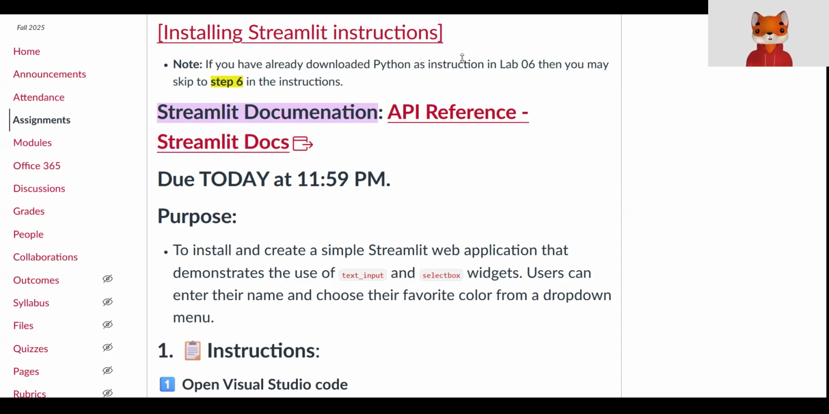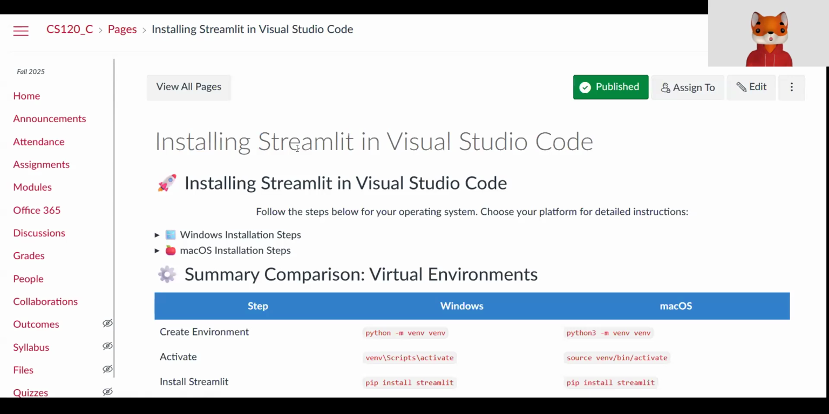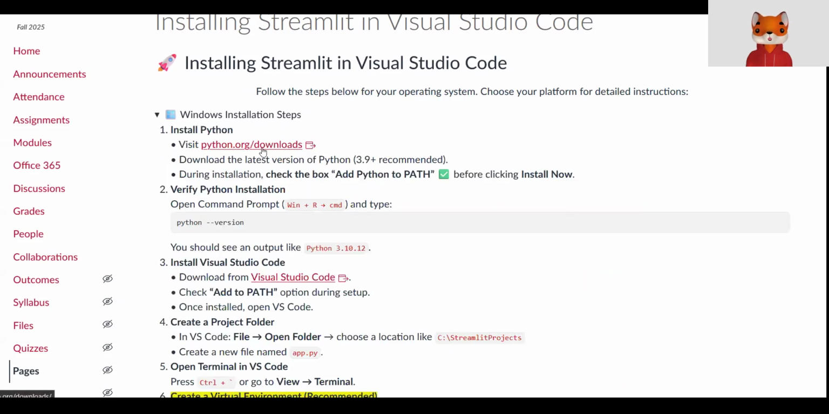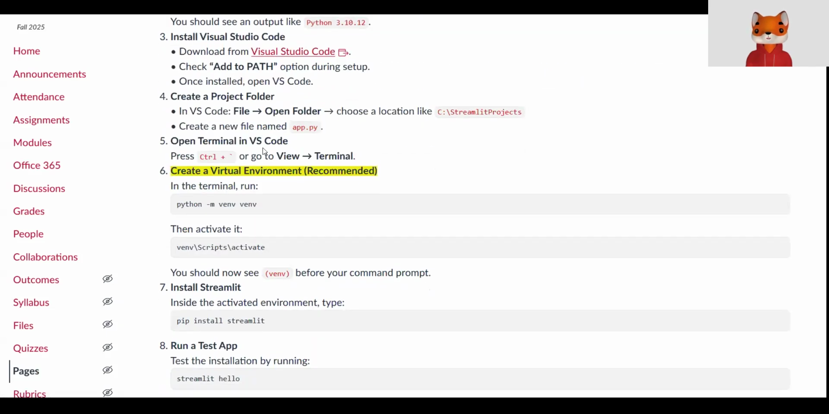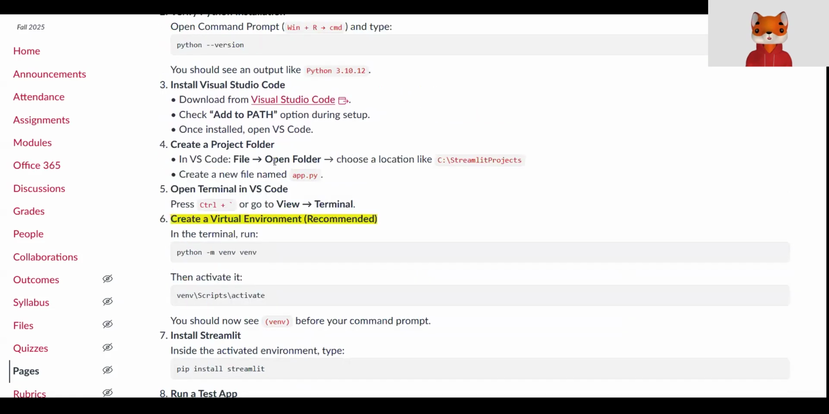Now, first things first, what we're going to do is I want you to click on the installing Streamlit instructions. When you do so, it should open up a file that will show you, dependent on your system, which way that you should be installing any of this application. Since we've already installed Visual Studio Code on your computer in the last assignment, last week, or earlier in the semester, what we're now going to do is start with step 6, where we're actually going to create a virtual